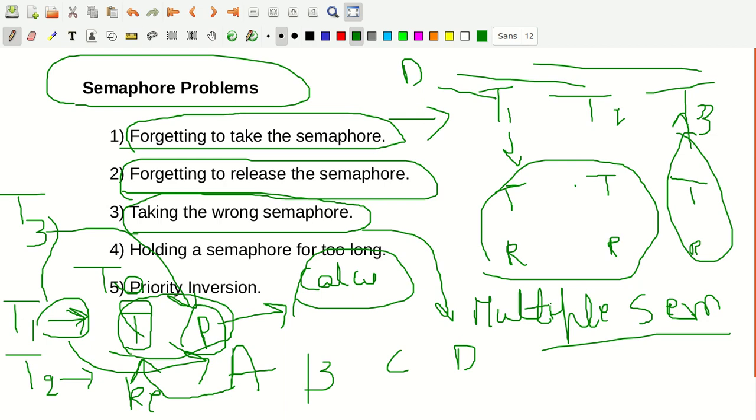Now it takes a semaphore. What happens in this case is that obviously T2 can't access it. T3 also can't have access to this calculation function. Why can't it have access to the calculation function? Because who has taken the calculation function by taking the semaphore and the release semaphore? Who is holding that key?